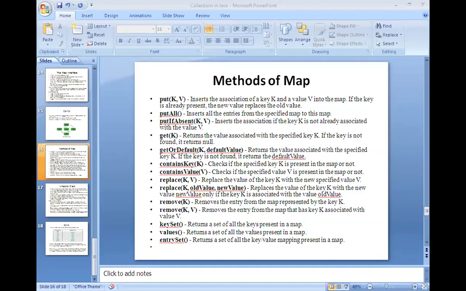So here, this is the input given by me: Welcome to BDA class of section 1 students. What is displayed as output is 7 distinct words. How many words are actually present? Welcome is 1, 2, 3, 4, 5, 6, 7, 8. Among the 8, 7 words are distinct, that means they are different. Only 2 words are the same, that is BDA. So that is the reason it displays the count, how many times it was repeated. That is what we call the frequency of the word. Remaining all of them are 1.